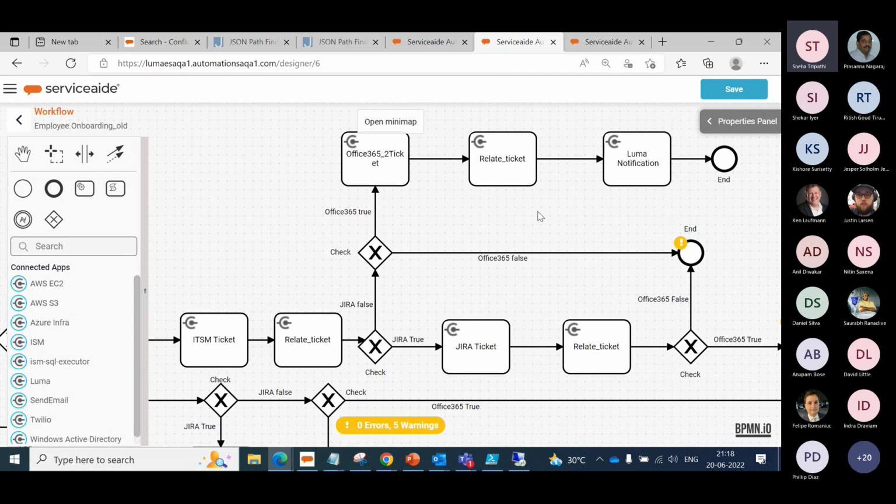Now here we have just added a few steps, but based on the organization we build this workflow for, we can add any number of systems. We can create users in any number of systems, provided those systems provide APIs which allow us to create user profiles in those systems. And